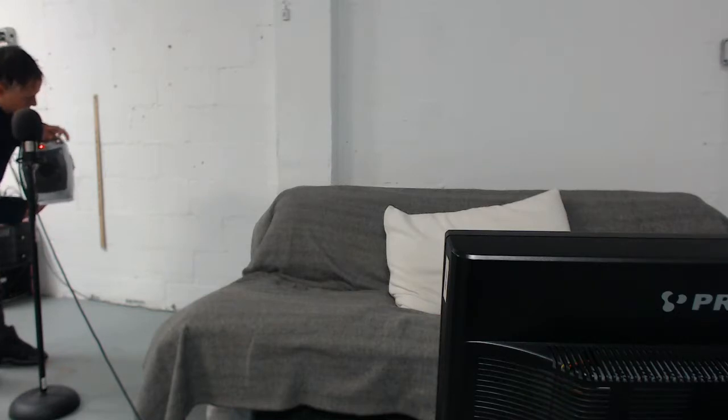Now I'm going to turn it to number 2, which I think is 750 watts. And it's the exact same sound. So it's not too bad. To me it's not too loud, although in here it's basically a...